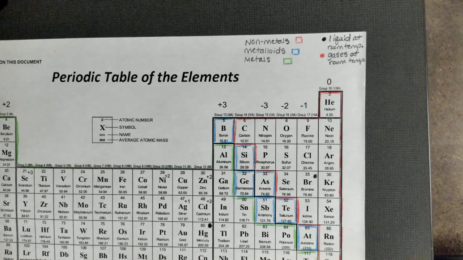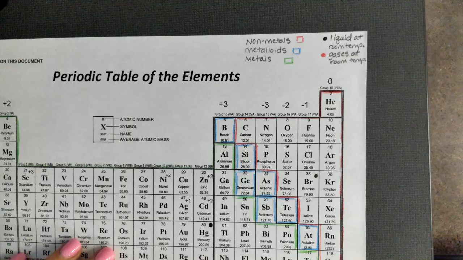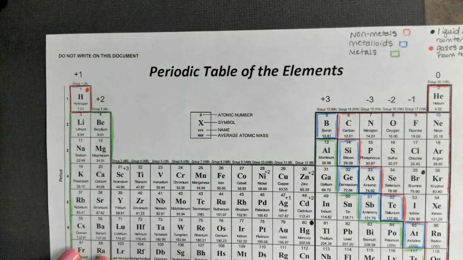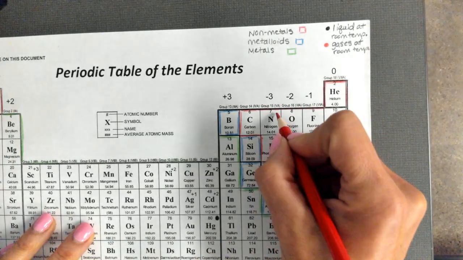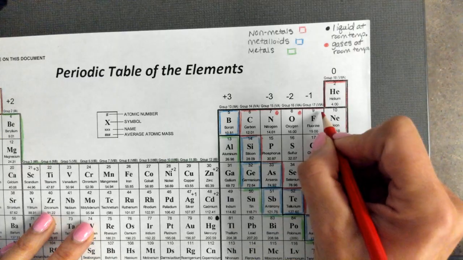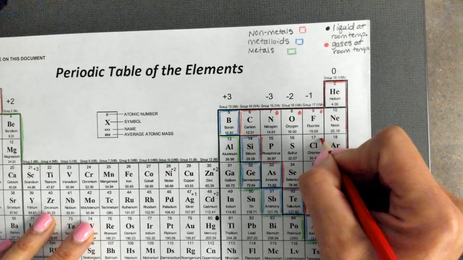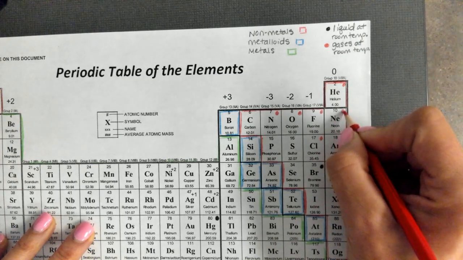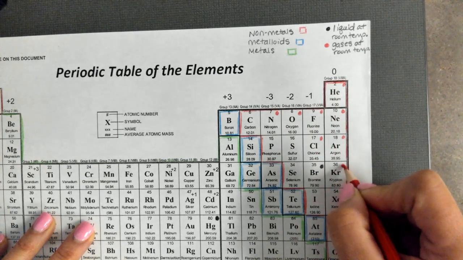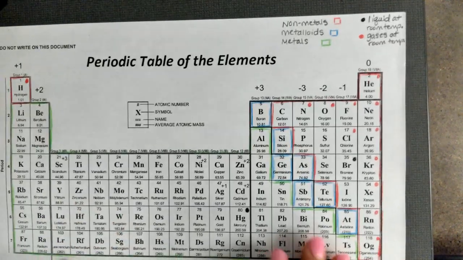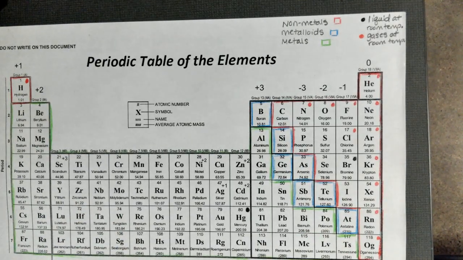Okay, so the elements that are gases at room temperature are going to be hydrogen. And then we're going to come over here to nitrogen, oxygen, fluorine, chlorine, and then all of our noble gases, which are group 8. Okay. All right, on the next one we're going to do is we're just going to know that every other